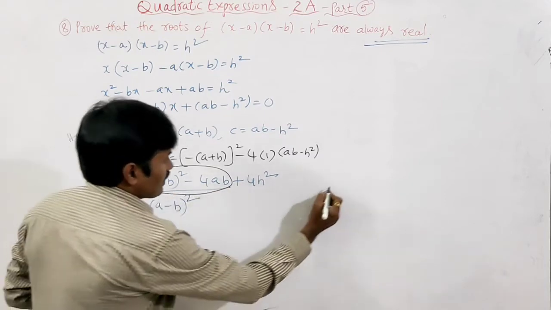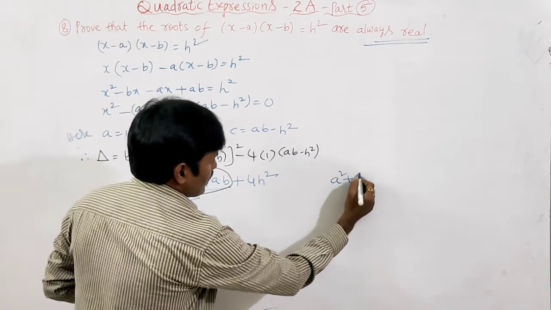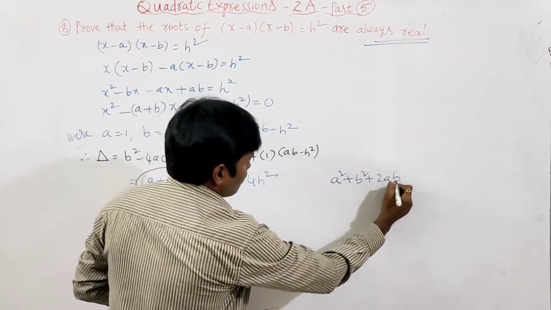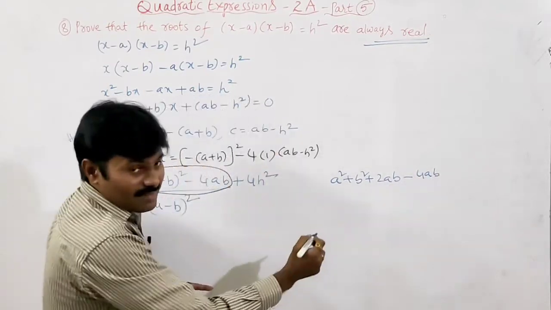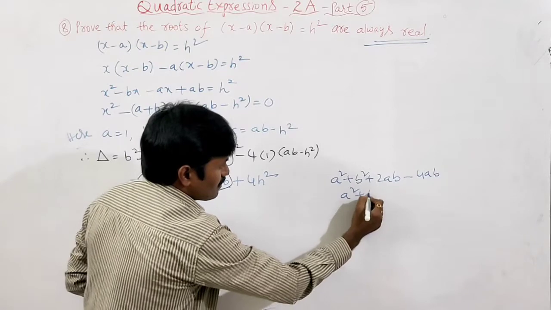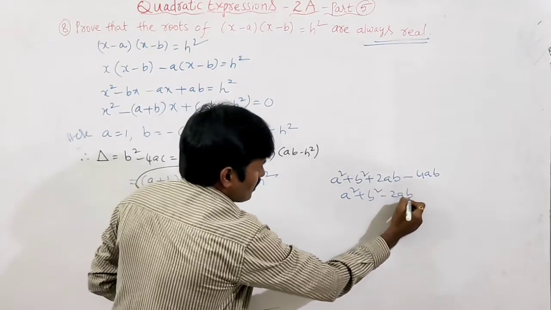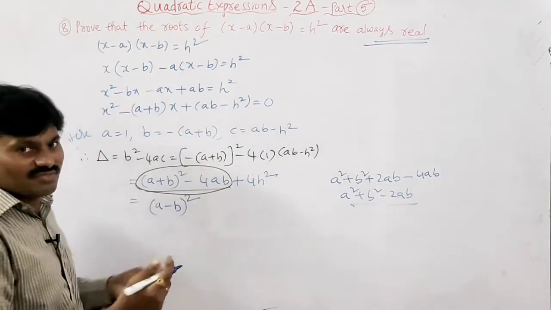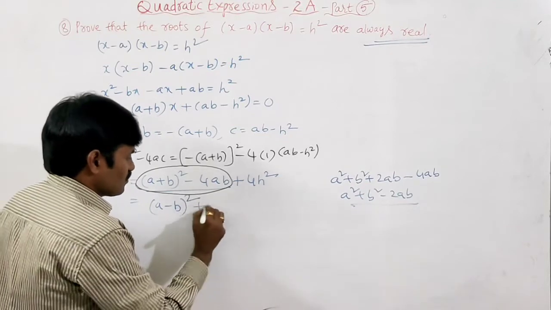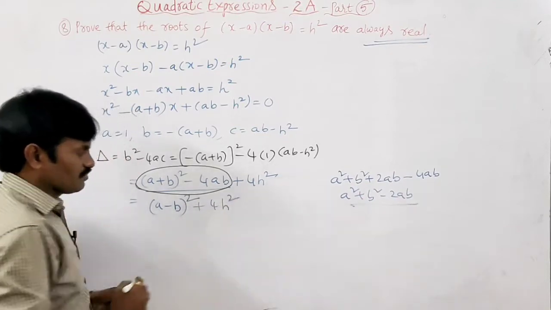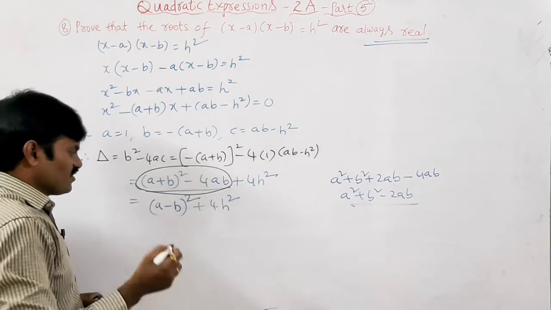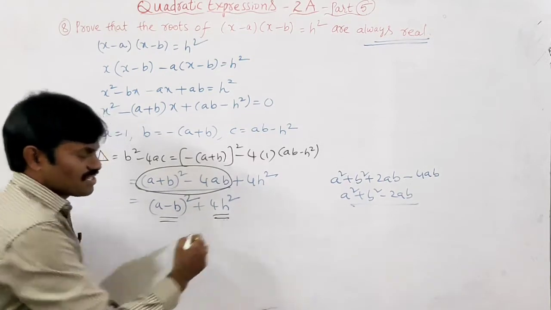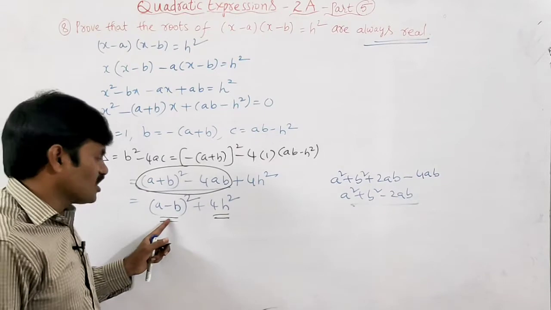If you want to expand, (a plus b) whole square can be written as a square plus b square plus 2ab. Here is minus 4ab. Since these two are like terms, we can write it as a square plus b square minus 2ab, which is equal to (a minus b) whole square. Clear? So plus 4h square. Now, my dear students, if you observe this expression,